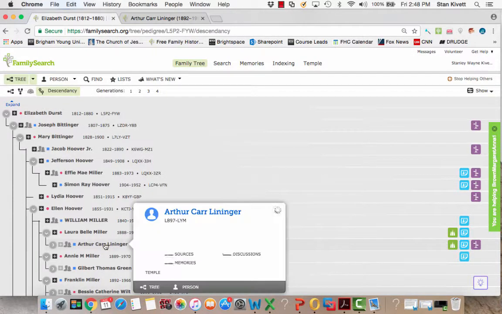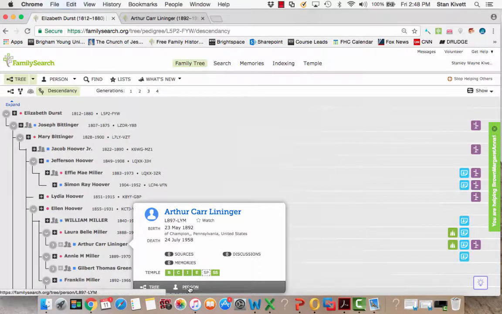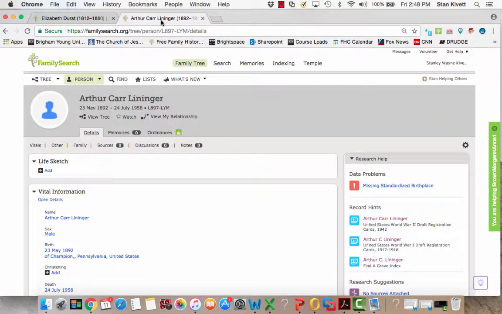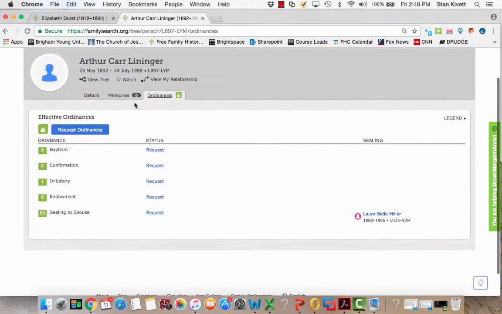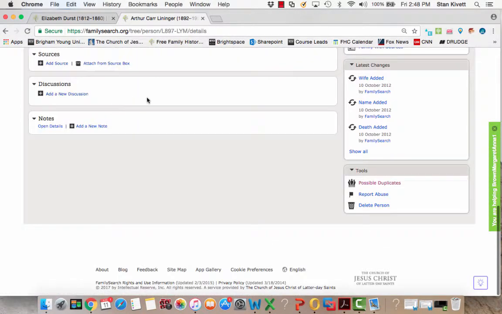So I clicked on Arthur's name and his card came up, and you can see that he needs most of his ordinances. So I went ahead and opened his person page, and when I went to his person page, I could have immediately taken him to the temple. Everything is set up so that he can be taken as is, but instead I wanted to take a moment